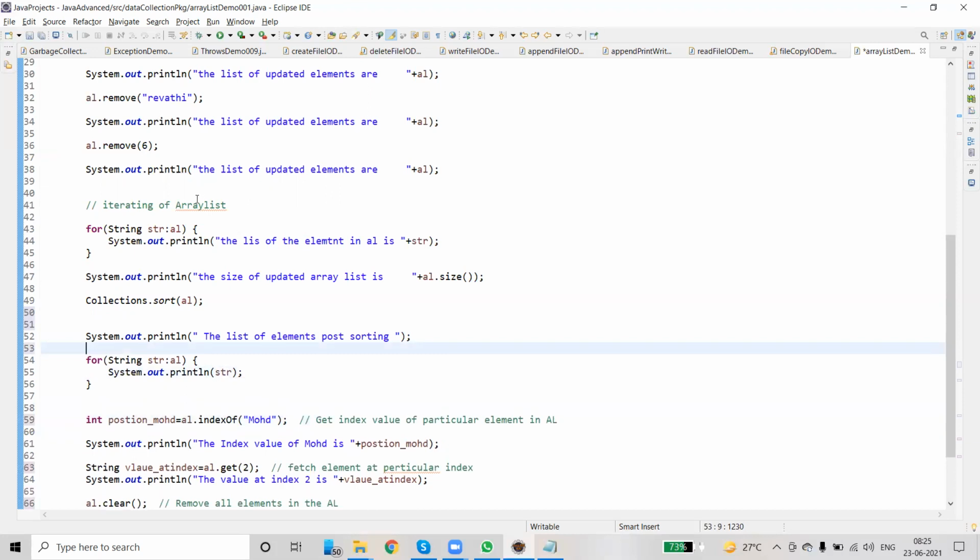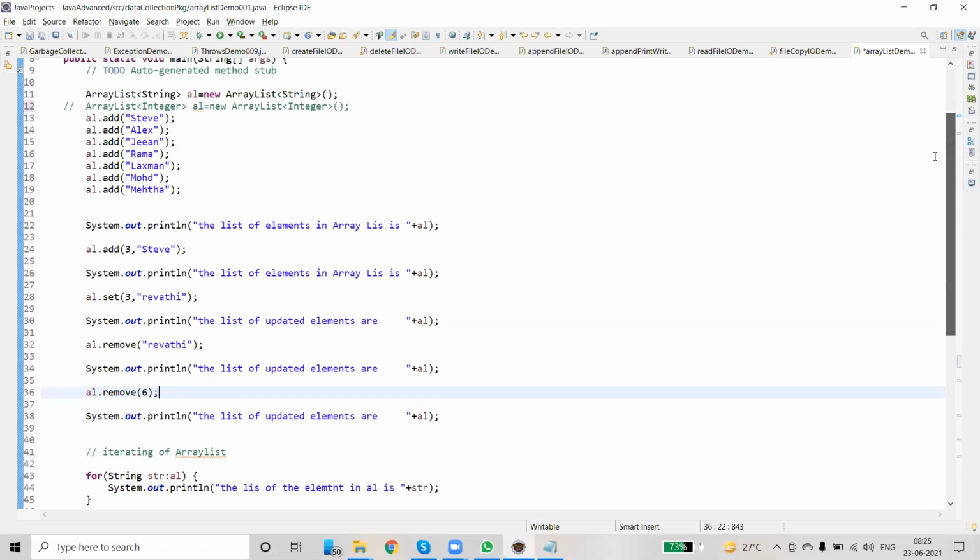We have already commented here. This is iteration of the array list, and this is for sorting elements in the array list. This is another array list. You can see this removes an element. We can remove an element from the array list.